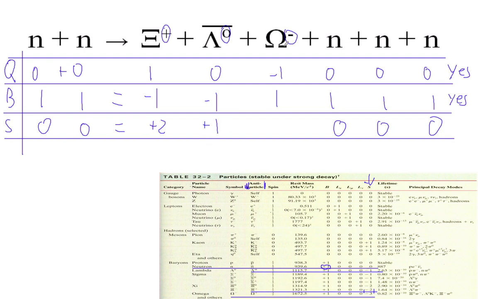But the omega, it's not looking good, but look at the omega minus. It is -3. So yes, this could happen if you had enough energy somehow, right? Because you're making a whole lot of stuff here. We got a whole lot of stuff here. But that energy could come from the kinetic energy of these neutrons. So we're going to give this a big yes. It's possible. Nobody's ever possibly done this, but it's possible. Unless there's some law that I don't know.